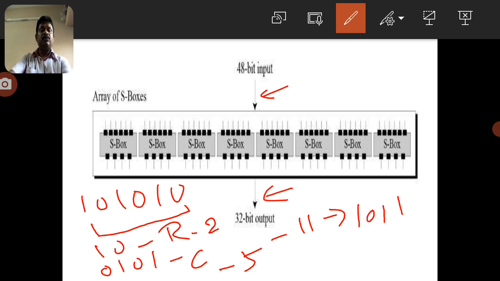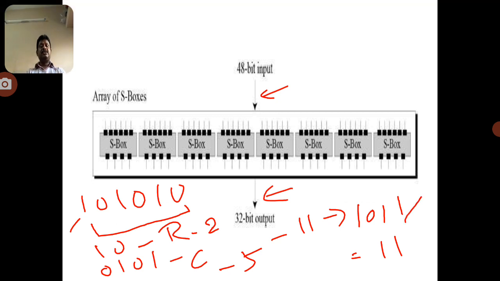1 2 4 8. 8 plus 2 plus 1 becomes 11. So the 6 bits are taken here and the 4 bits are derived here. This is the way of converting this 48 bits into 32 bits with the help of this particular